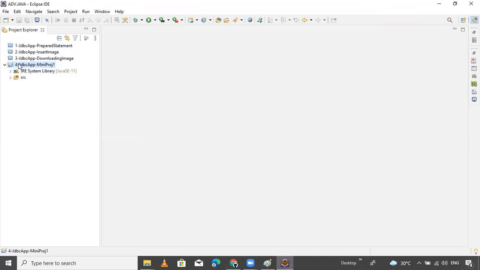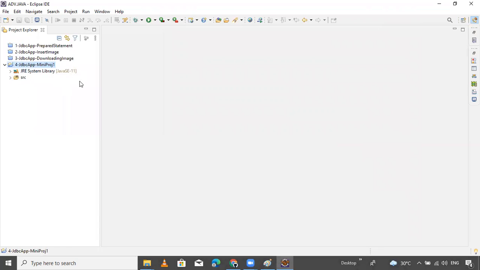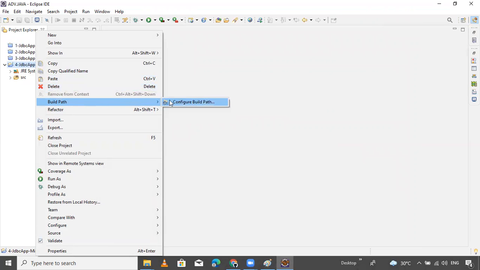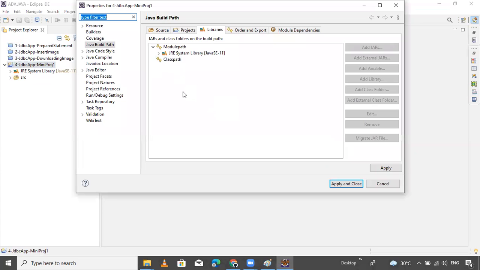You want to insert the jar file in this project, so right click on the project, Build Path, Configure Build Path. Don't select the module path, just select class path, and here select Add External JARs.